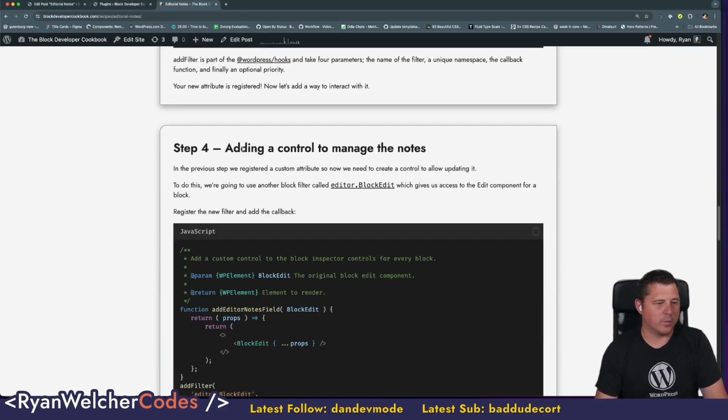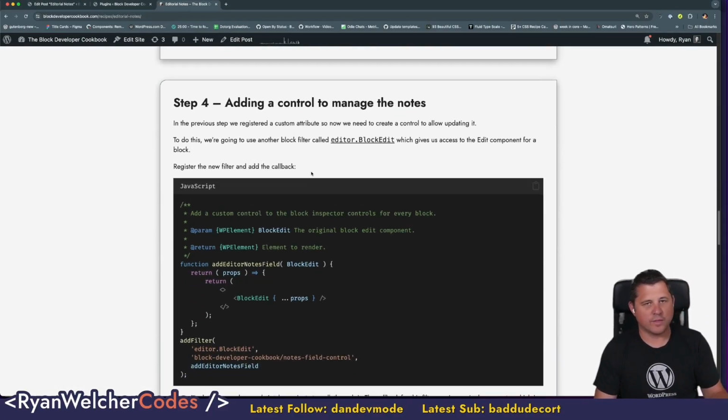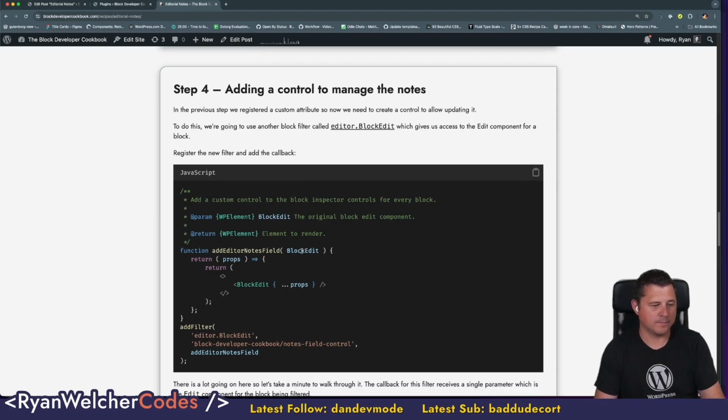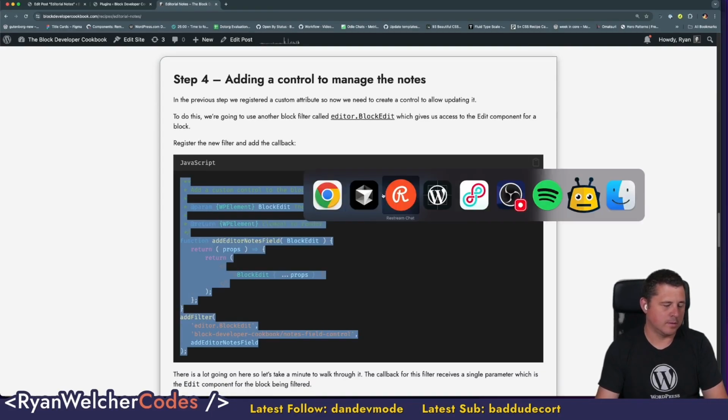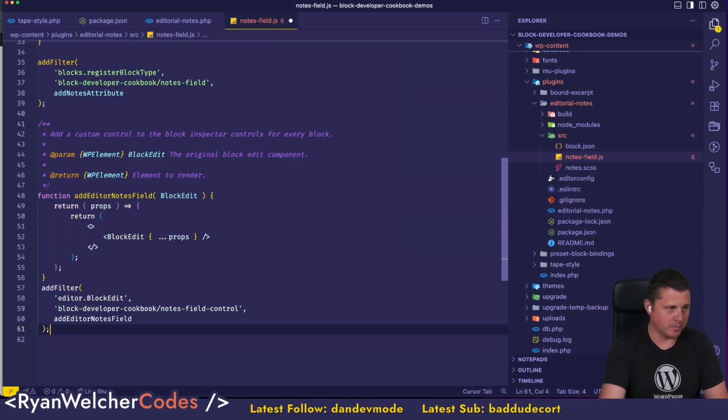comments, whatever, corrections. So we're going to add a control. We're going to do this with another hook, and I'm just going to put it at the bottom of the notes field.js. So what we're doing is we're registering